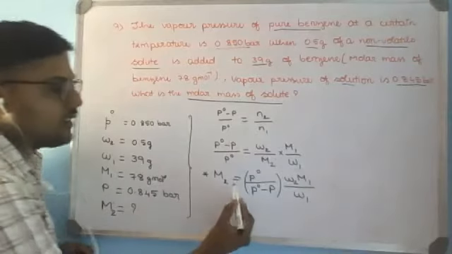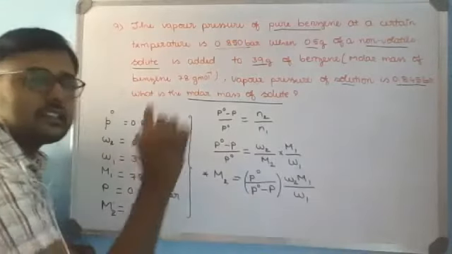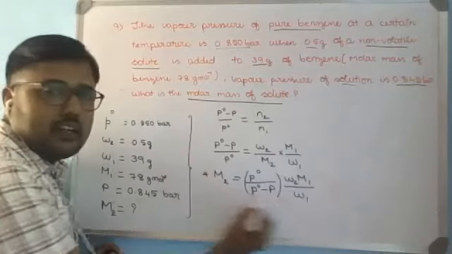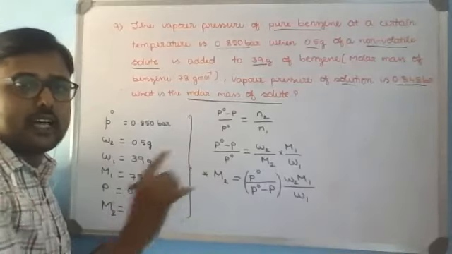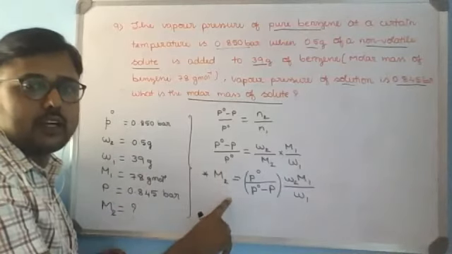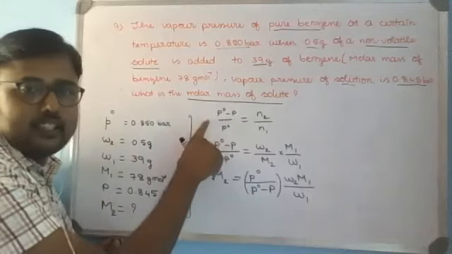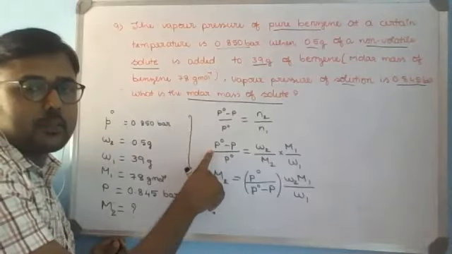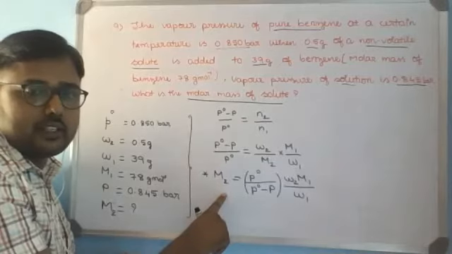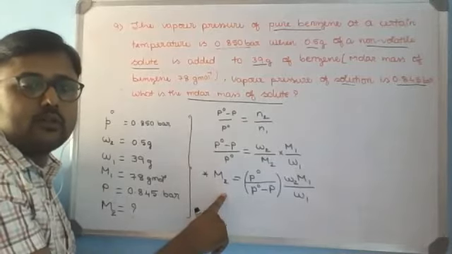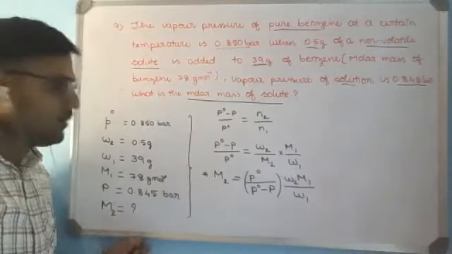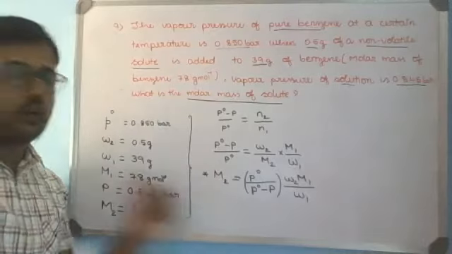Getting this formula carries 1 mark in the solution. So writing this formula carries 1 mark. If you can remember this directly, you can go for writing it. Better to avoid any mistakes, so go with the definition, then with a simple step of rearrangement, you can rearrange the equation for the required component to find. Now, to find the molar mass of solute, we have rearranged the equation. From the given data, we'll substitute all the values.